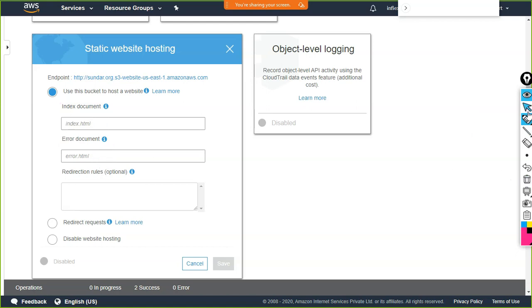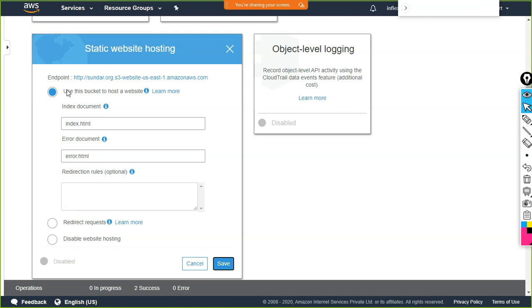So now we are going to choose the same name, that is index.html, that's what we have in our bucket, and then we are going to give the error page name as error.html. Both file names have to be provided here, and if it's in a specific directory, you have to provide the directory structure as well. But right now it's in the root directory of your bucket itself, so there is no need for path references. You can directly mention the file name alone. So you can click on save,